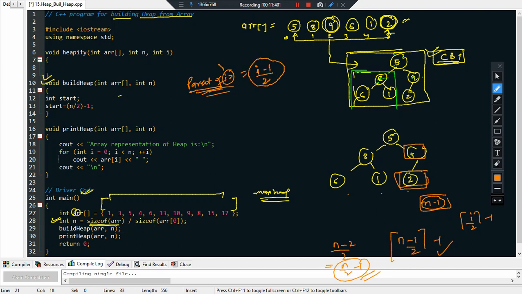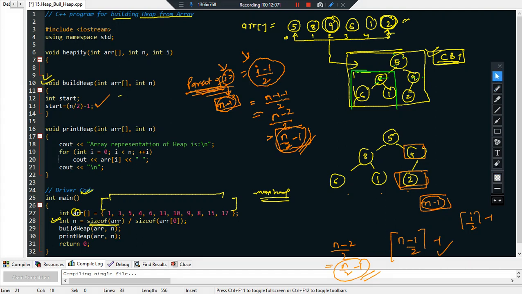Given an index i, if you want to find the parent of i, the parent node will be located at this index. Similarly, the parent of the last node will be at index n minus 1's parent, because the last node's index is n minus 1. You want the parent of it, so it will be n minus 1 minus 1 by 2, which is nothing but n minus 2 by 2. I can write this as n by 2 minus 1. So this is the index of the parent node of the last node, or the last non-leaf node that we are talking about. I'll be storing it in the start variable.